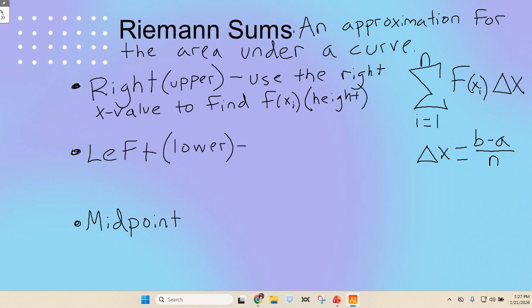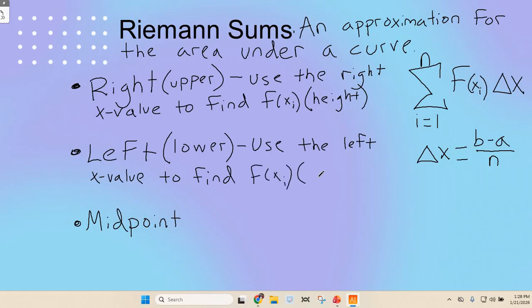For our left, we use the left x value of each interval to find f of x sub i, or in other words, our height. And then here we use the